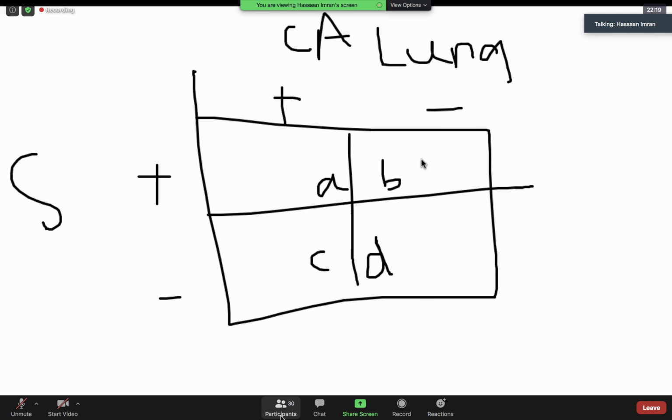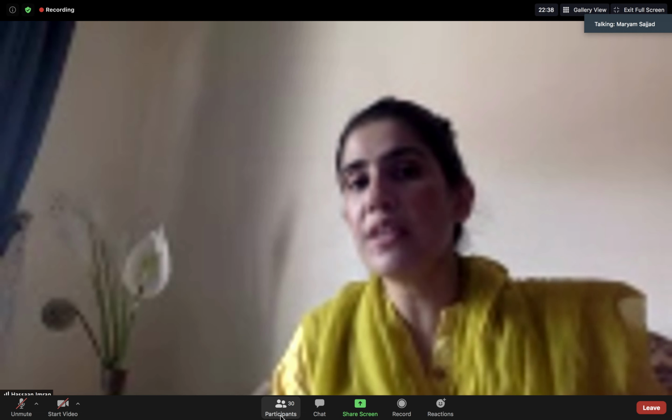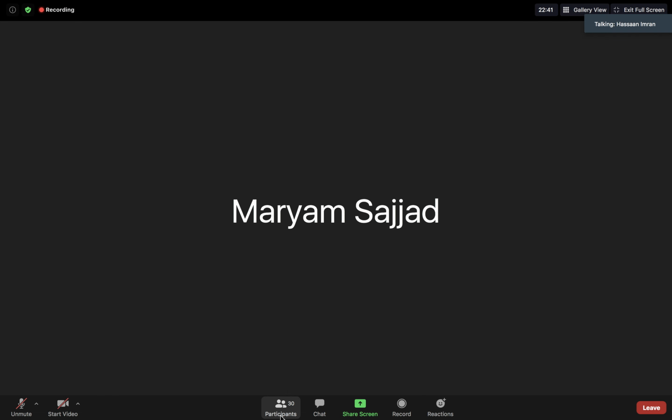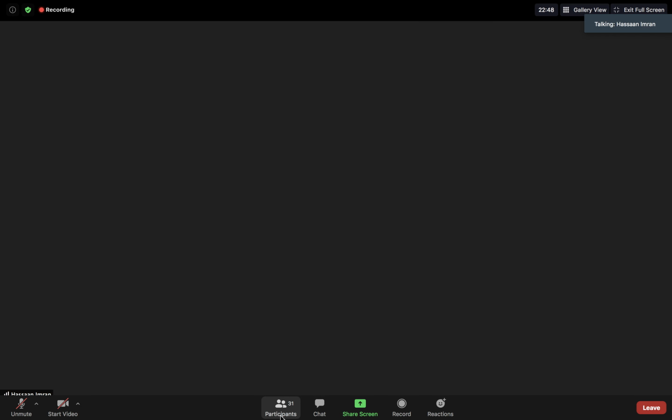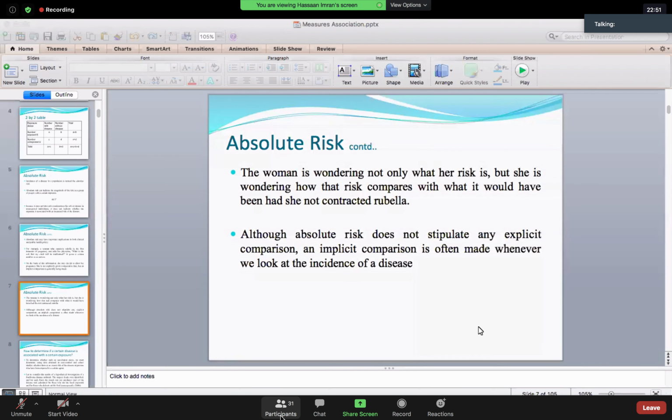Okay, so this top row will tell us about the incidence of the disease among exposed, and this bottom row will tell us about the incidence of the disease among non-exposed. And how are we going to look into who has more risk as compared to the other? This is simply, as Shabir told us, that either we will subtract it or we will take a ratio measure of that. So this we will see, inshallah, in a while, as we proceed further. Okay. Now moving on to the next.